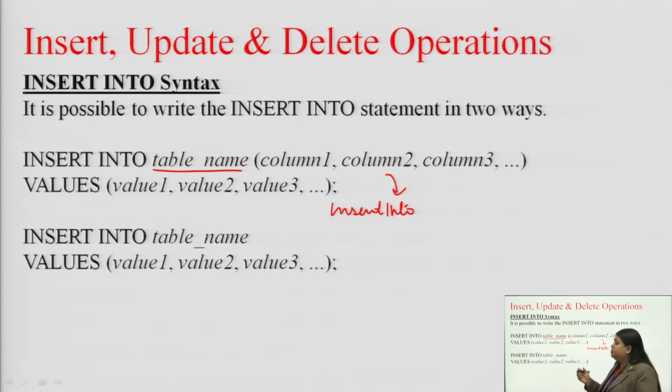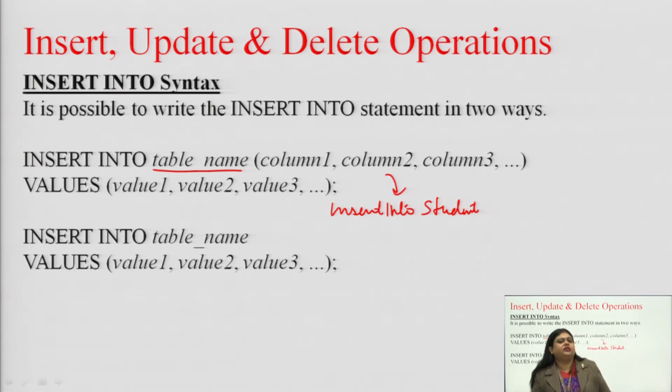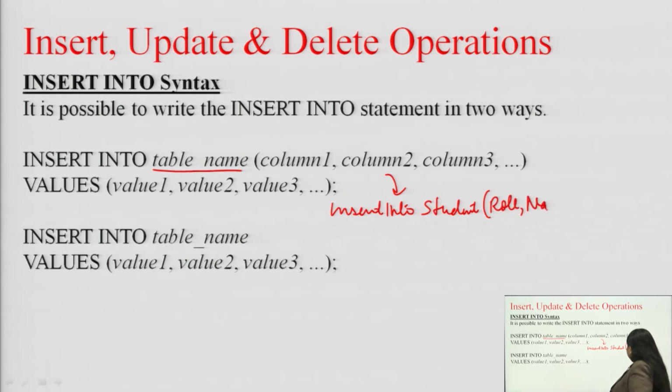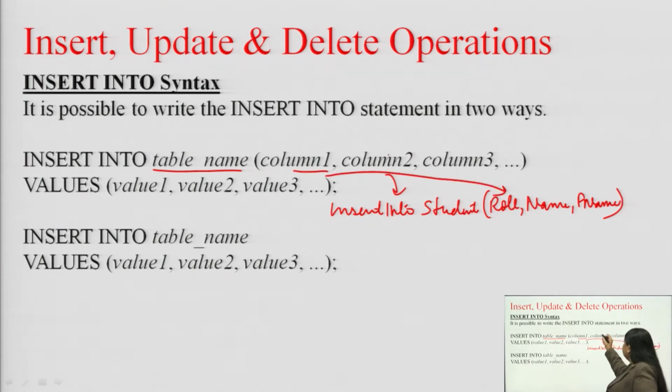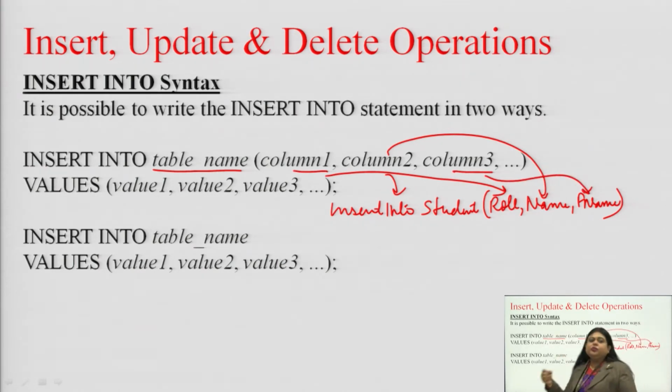So, let us take a table name student. Right. And in the student, let us say we have attributes like the roll number, the name, father's name, etc. So, let us take 3 attributes: the roll number, the name of the student and father's name of the student. Right. So, this is how we are going to use this structure. This is column number 1, the roll number, the column number 2 is the name, the column number 3 is father's name, and we can keep going on.